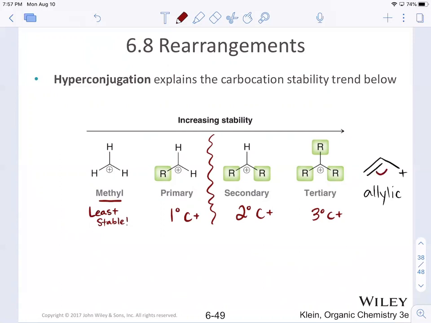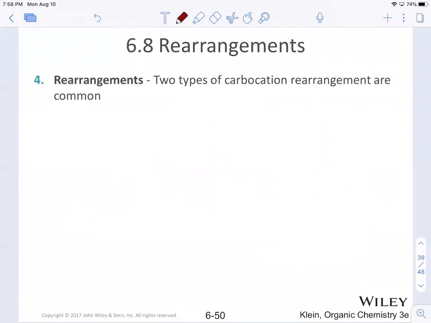Allylic, we've seen these before, resonance stabilized carbocations are the best. So if you have resonance right next to that carbocation, these are even better than tertiary. The increasing substitution increases the stability of the carbocation, and that is just due to the increasing number of adjacent sigma bonds that can align with that empty p orbital and hyperconjugate. So with rearrangements, what we want to be able to look at is there are two types. The first one is called a 1,2 hydride shift,